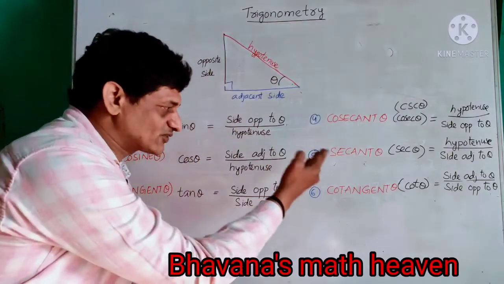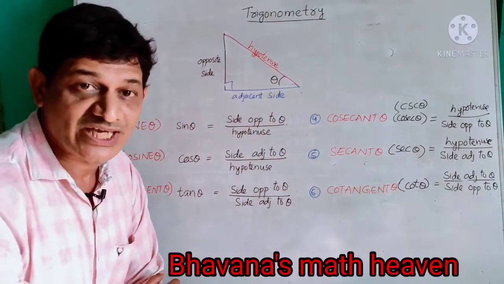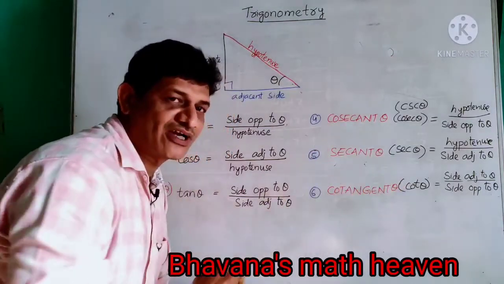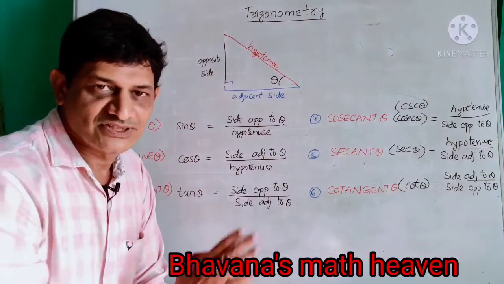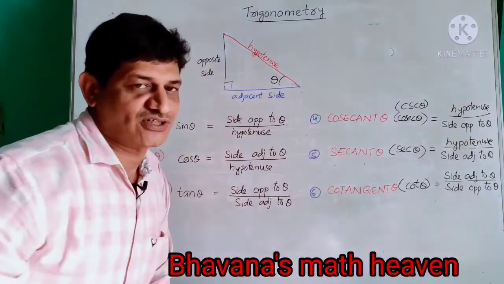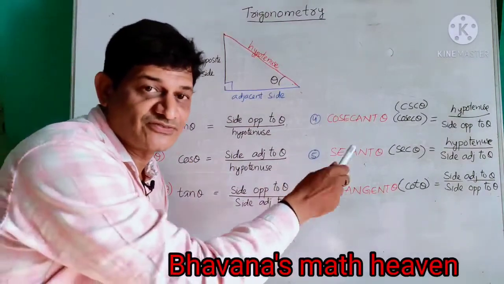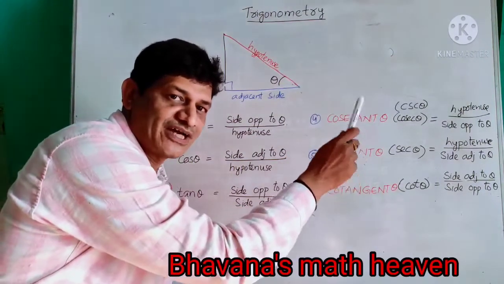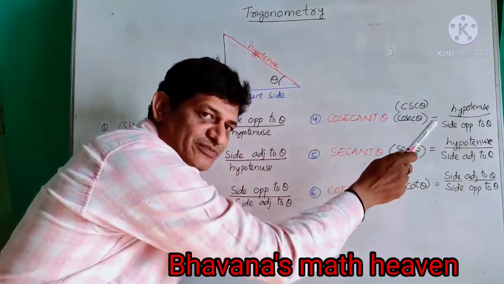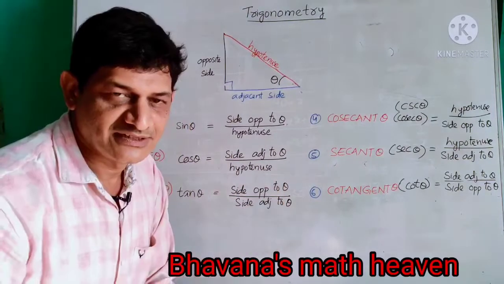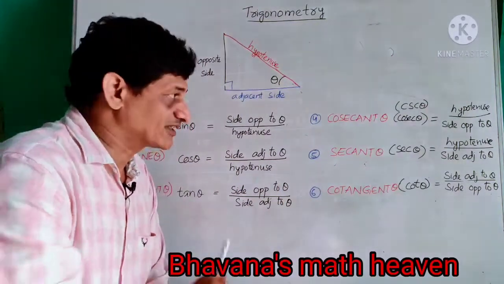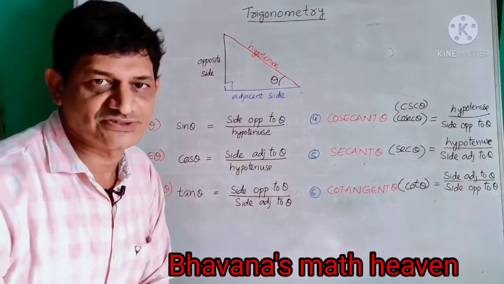And the reciprocal of tangent is named cotangent theta. The first three letters, COT. That's why it is simply called cot theta. So the reciprocal ratios are cosecant theta, secant theta and cot theta. The definition of cosecant is hypotenuse by opposite, the definition of secant is hypotenuse by adjacent, and the third, the definition of cot, is adjacent by opposite. These are the 6 ratios.